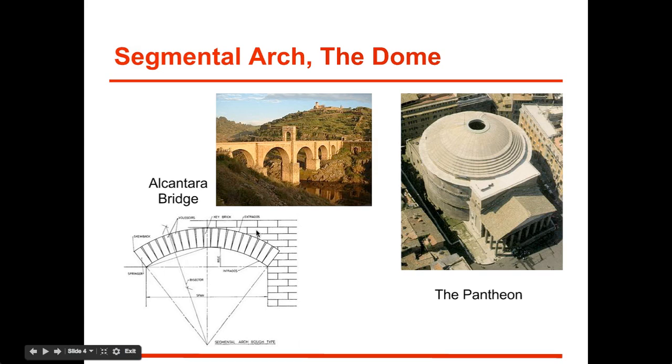Again, remember, Romans weren't able to calculate how much weight these angles would be able to support using math like we would be able to now. They had very rudimentary concepts of math. So they did use some with engineering, but a lot of it was models.